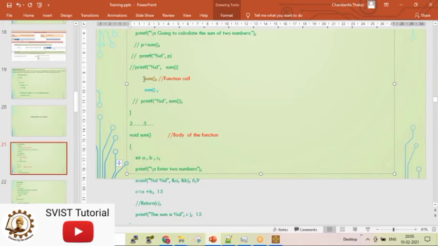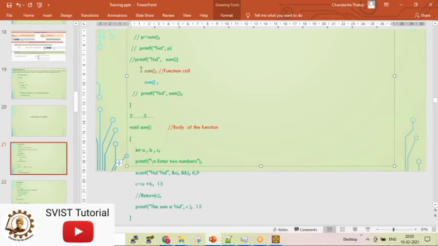What extra I told is, after calling this function, the body is executed in some other address location. Let's say the address of this line is 10, whereas the address of this function is 100, so this is 102, 104, somewhere it is stored. I don't want to complicate it more. So somehow C is calculated. The CPU has calculated the value of C. Now, how will this sum be executed? That was the point where you might have got confused.